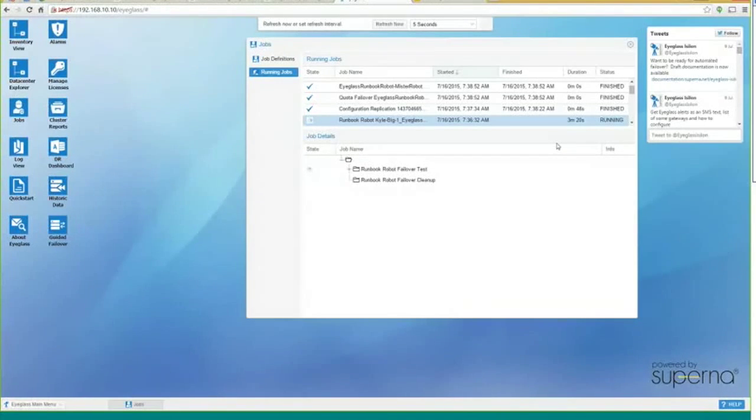So that's more or less the failover demo. I think that's pretty much what we wanted to see for the